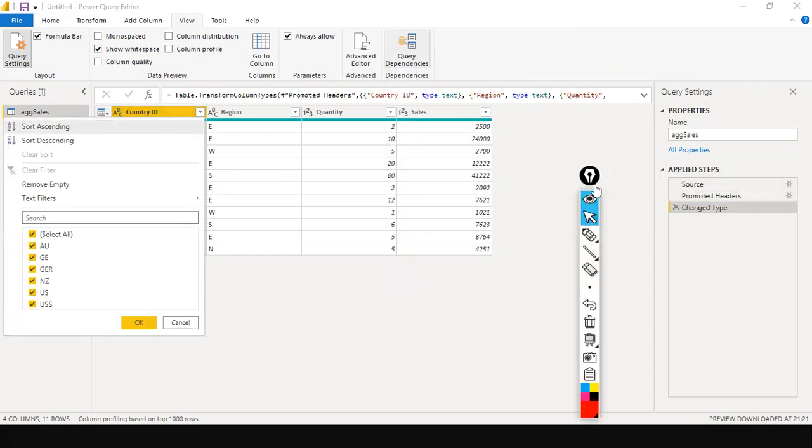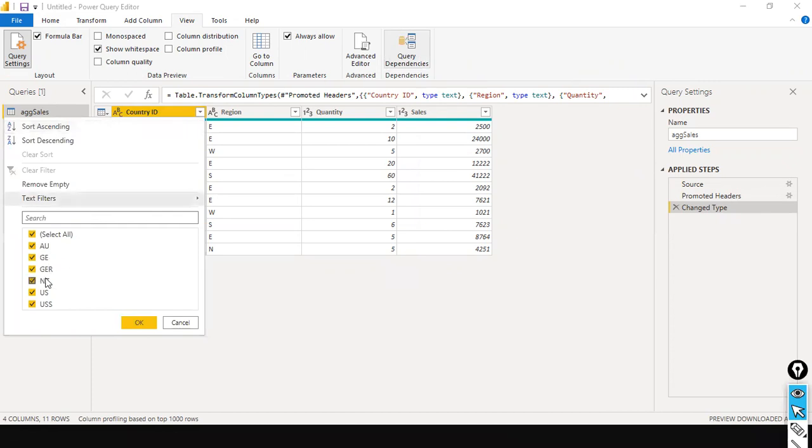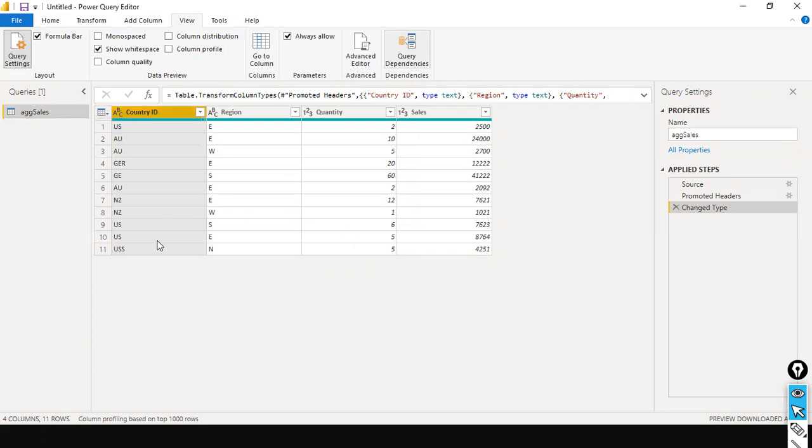How many unique values are there? 1, 2, 3, 4, 5, 6, right? 6 are there, but here nothing is the same. There is a typo here. What I do is, I know very well, these two records, right? So USA, right? So, okay, now what I'll do is, I'll just